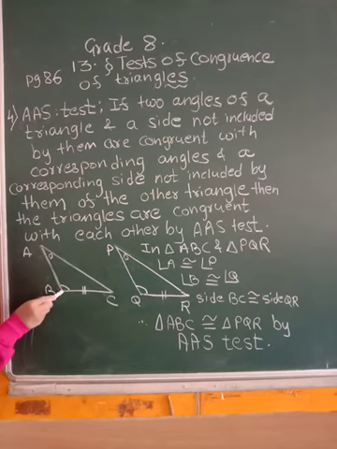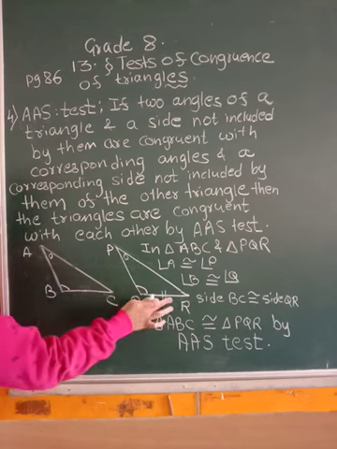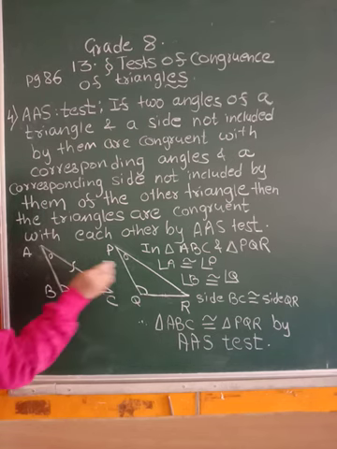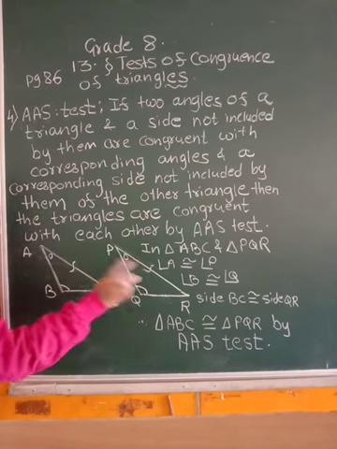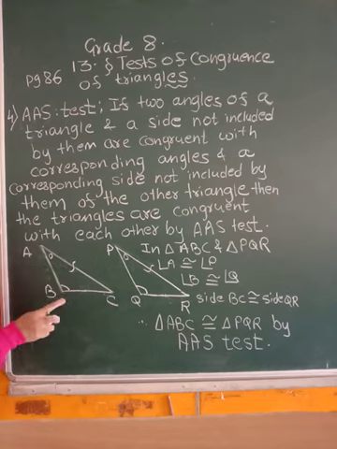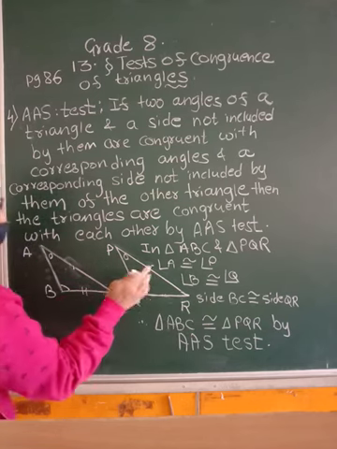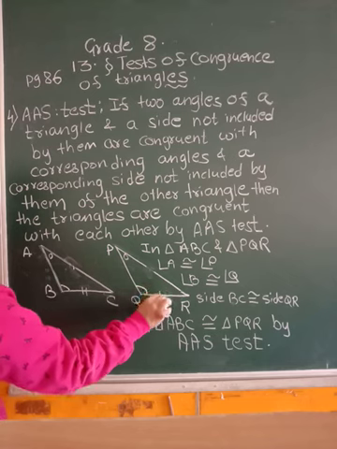It is lying as one arm of one angle only. Even the same is with this side. Even though it would have been like this, imagine if this is not there and like this is given, then also these two are non-included sides. It is not coming in between two angles. Only this is the included side. So even this is also an example of the AAS test. But here we have shown this, so I am coming back because we have written there BC is congruent to QR. This is just for your information.